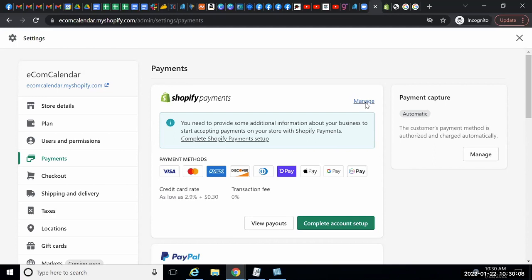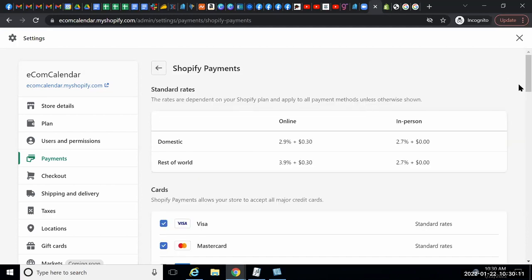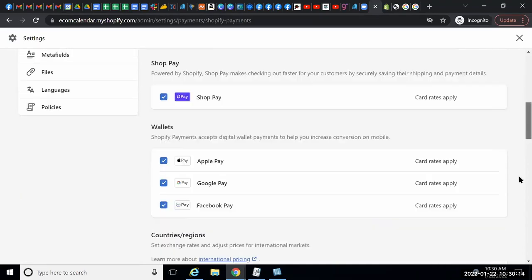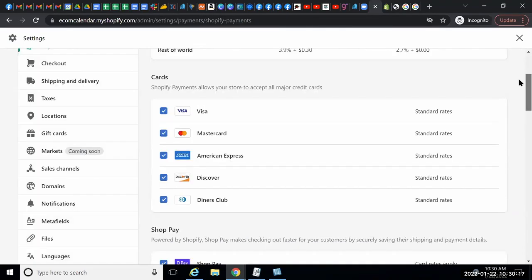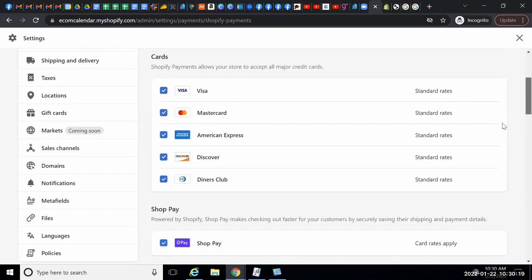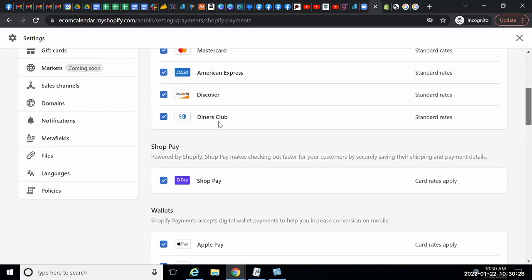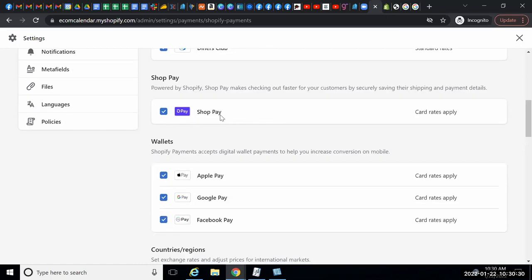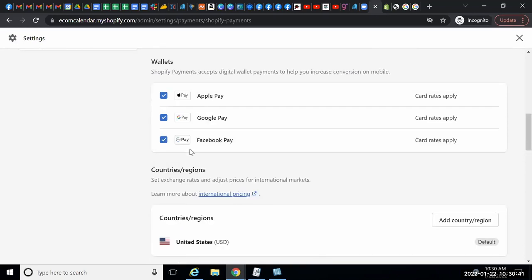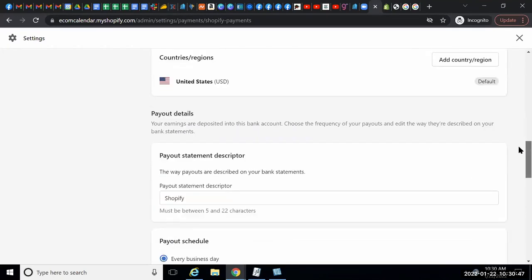Once you have it all set up, if you need to change it, you can go into manage and you can manage all of your stuff. So here you can say, okay, I only accept Visa and MasterCard. I don't know how many people are still accepting Diners Club, but anyway. So there are people in the world that are still using Diners Club, okay. Shop Pay is the thing that you'll see when you're buying from a Shopify store, because you see this little purple pay here. These are all the other payment integrations because they will accept these and Shopify will handle that. So if you've got something special going on there,